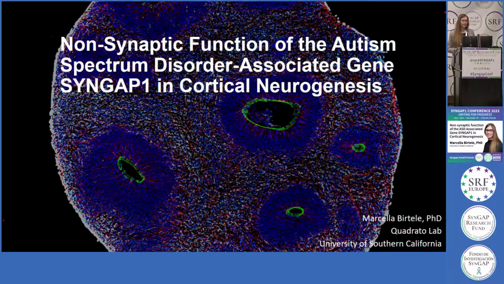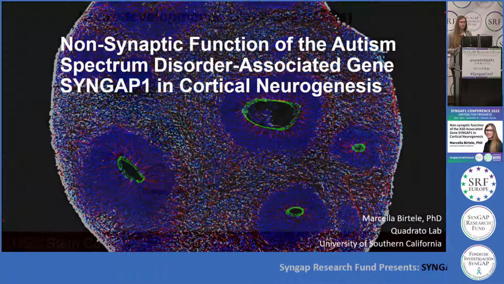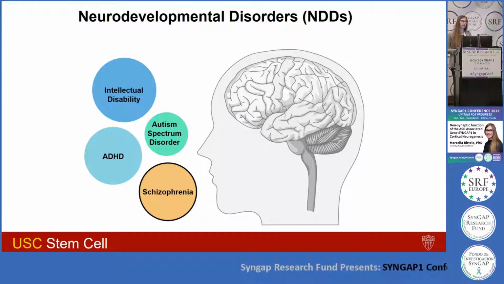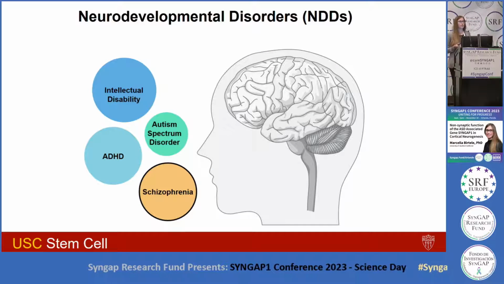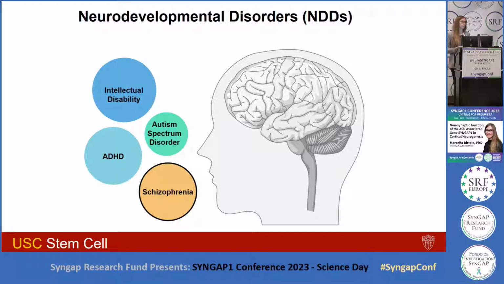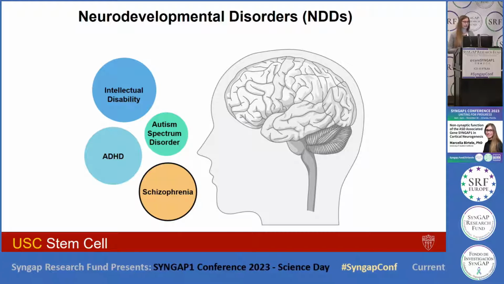Hello, everyone. So I wanted to start my presentation showing you what we mainly use in the lab. So what you see here is a brain organoid. And we use this model system to dissect and better understand neurodevelopmental disorders. So in Giorgio Quadrato's lab at USC, we really want to look at the molecular mechanism behind the